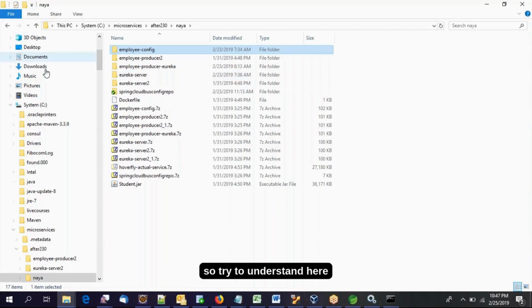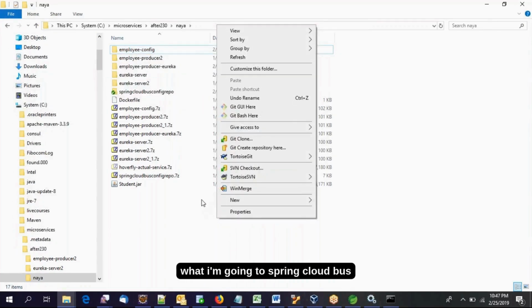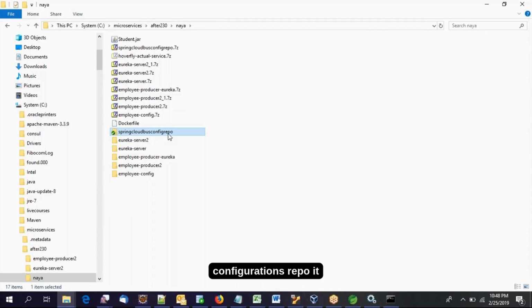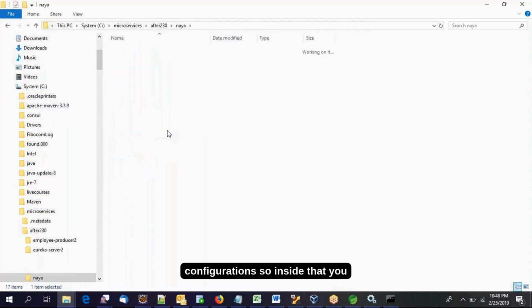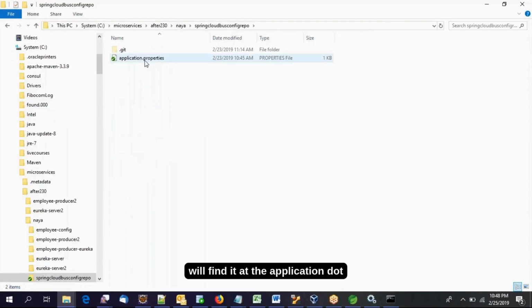Spring Cloud Bus configurations repo is not a project, it is the server configurations. Inside that you will find it